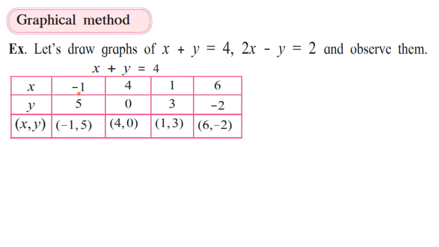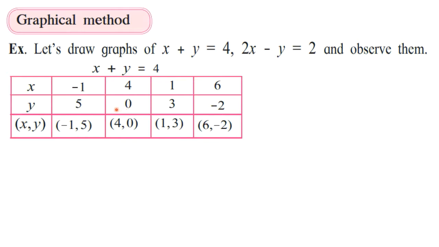You can take x as 0 once and you can take y as 0. Here they have taken 0 only at one place, but as I am saying, you can take x is equal to 0 here and then take y is equal to 0. Then easily you get 2 pairs. When you put x is equal to 0, the value of y you easily get as 4, because 0 plus y is equal to 4, that means y is equal to 4. And when you put y is equal to 0, x you are getting as 4. So these 2 pairs you can easily get if you take x as 0 once and y as 0 once.